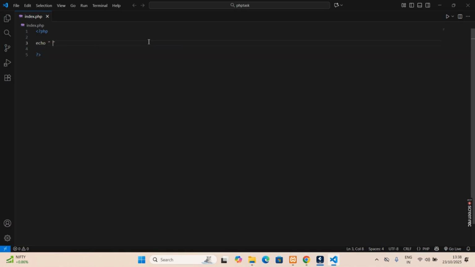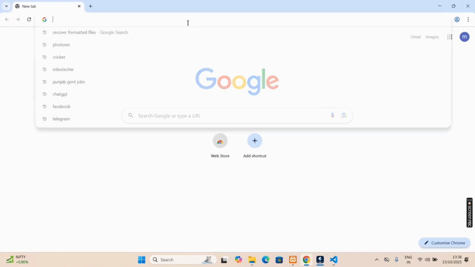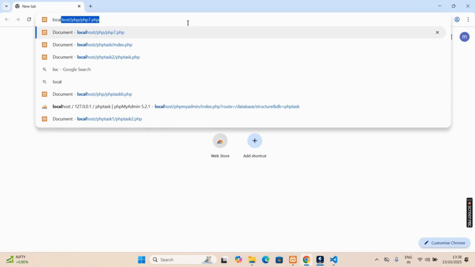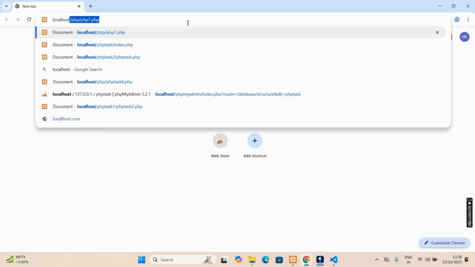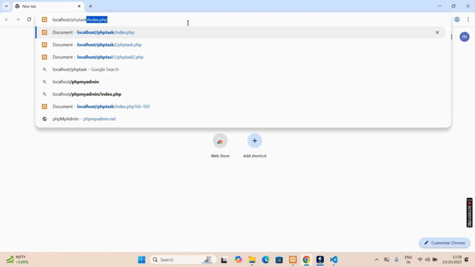First we check hello. Save. Going to the browser, localhost, PHP task, index.php. It's working. Now